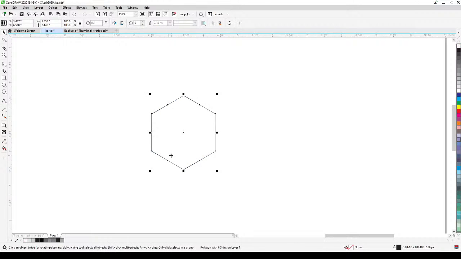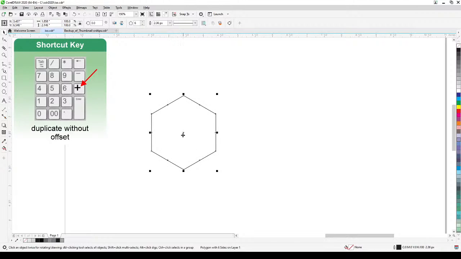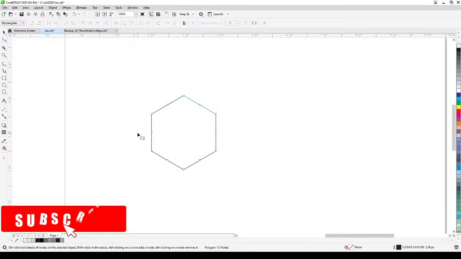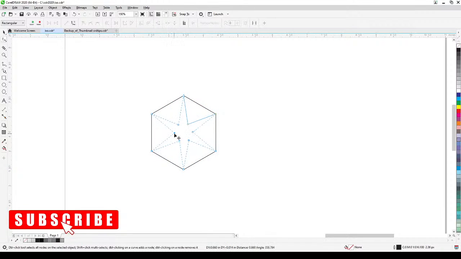Now after that, you're going to duplicate this without an offset, right? So it's the plus sign on your keyboard. Now you have 2 on top of each other, and then we will edit the one on top. You go to the shape tool, and then you're going to drag this going in until you hit